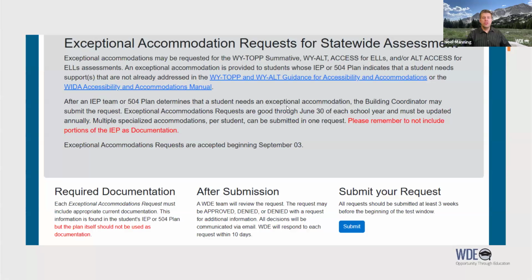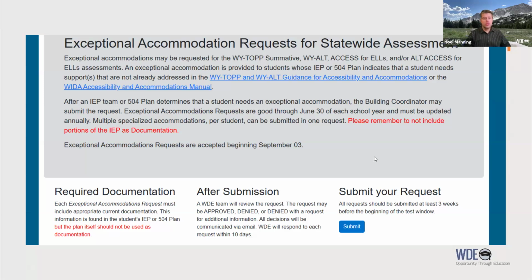This is a particular page that you would see if you're going into SARE to submit an exceptional accommodation request. Just like before with the exception request, it does give you a little information about the required documentation. I might have cut the screenshot off a little bit, but there should be examples again of how to fill out this form, as well as, over on the bottom right-hand side, the actual button to create a request to submit.